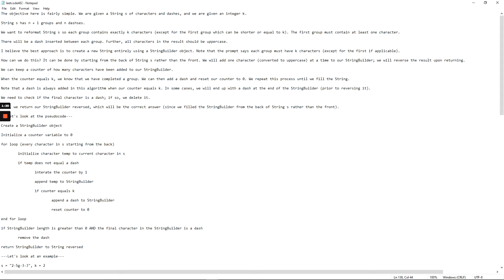I believe the best approach here is to create a new string entirely using a string builder object. Note that the prompt says each group must have k characters except for the first if applicable. Now how can we do this? It can be done by starting from the back of string S rather than the front. We'll add one character converted to uppercase at a time to our string builder, and then we'll reverse the result